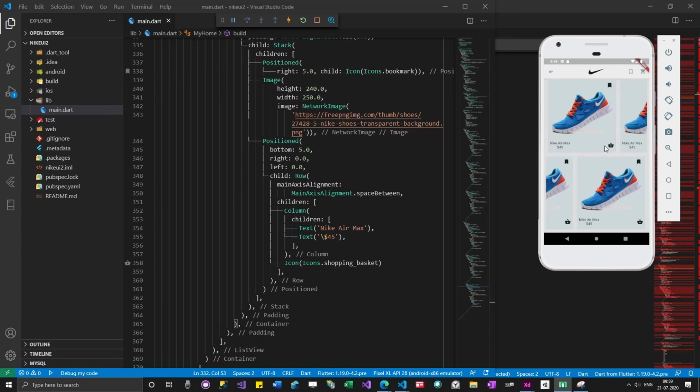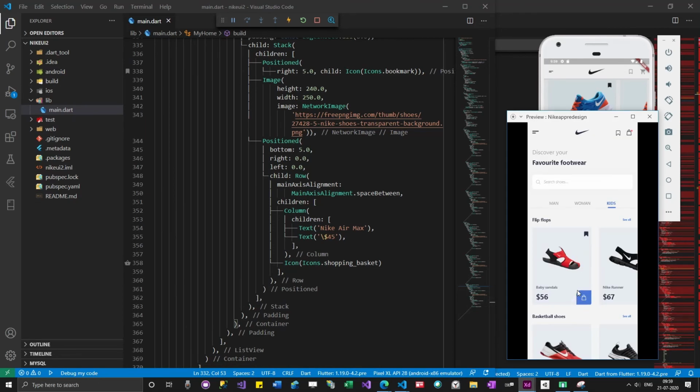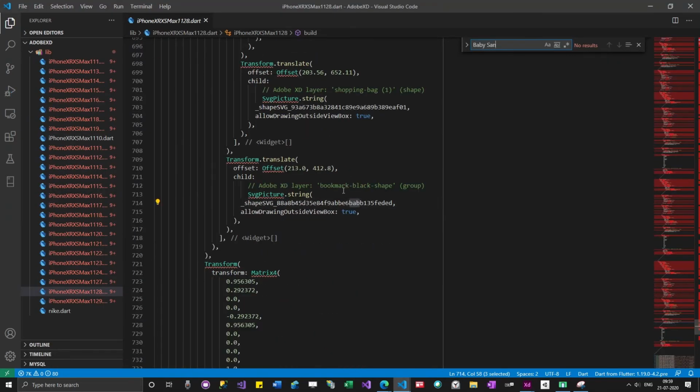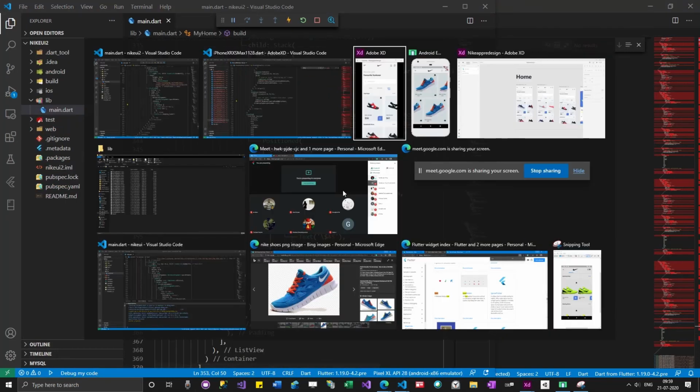So I need to add some box over here, right? So I'm going to do it now. I'm going to search with something like baby sandals in that auto generated code. No, I don't find it.